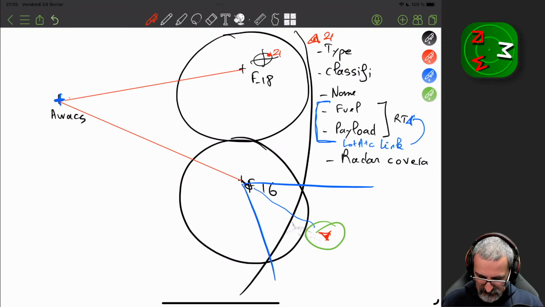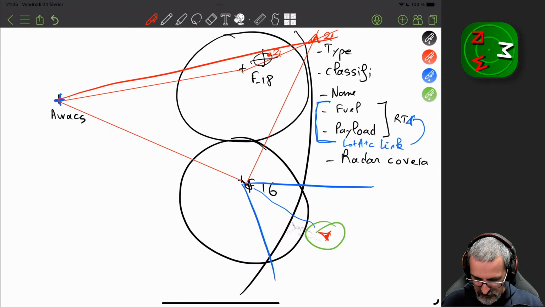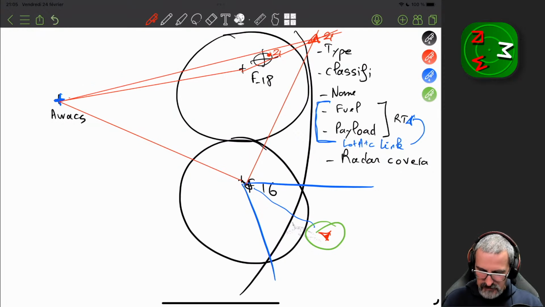And I can have on the LotAtc screen this line telling me that I have a 21 in this direction. If I do the same thing with the Viper, you will have a second line, and same for the AWACS. It will make a third line. So you can do some triangulation manually